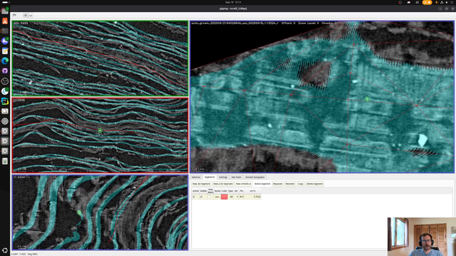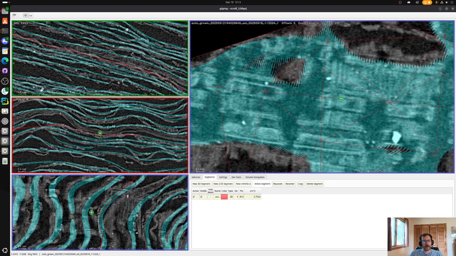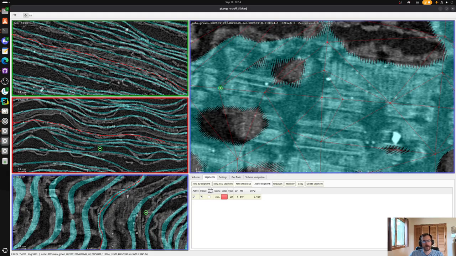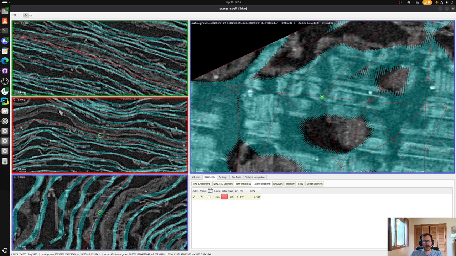any point along this. If I hit RX and I center my cursor here, I know this point in this pane, in this pane, in this pane is correct, is on the right sheet. That's the easiest way to avoid getting lost in Khartes, is just, again, to know that this node is correct. So I know if I look at it here, I know that it's on the right one, and